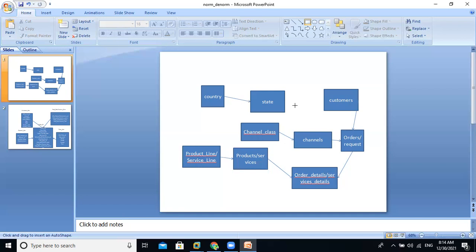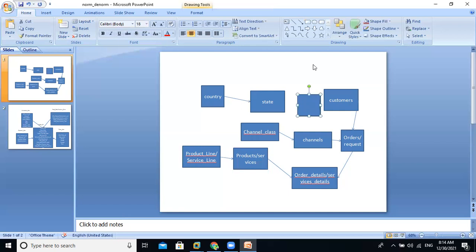The same requirement came from another client, but some changes are needed according to the new requirement. That means we can add new entities within that conceptual model. Previously, we had location. Right now, in this conceptual model, we are applying some changes like country, state, and here it is city.